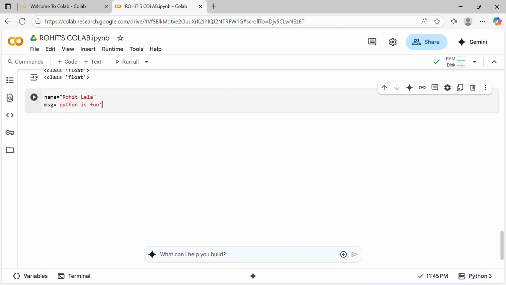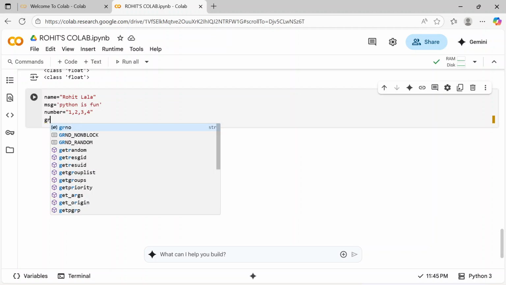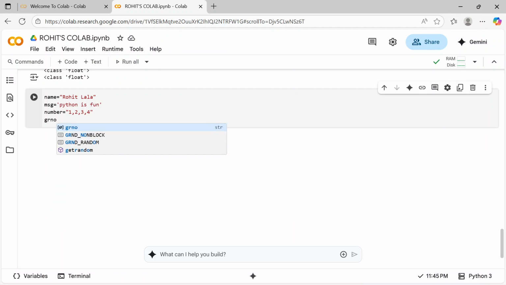Moving towards the third important thing, I am writing number equal to, in double or single quotes, whatever, 1, 2, 3, 4. And one more I am adding, I am making a complex data, that is my gr number, that is equal to 2a.